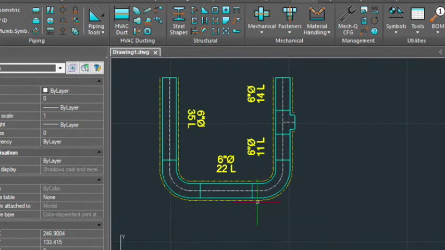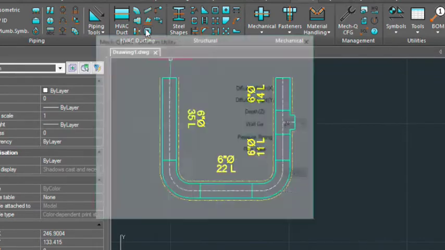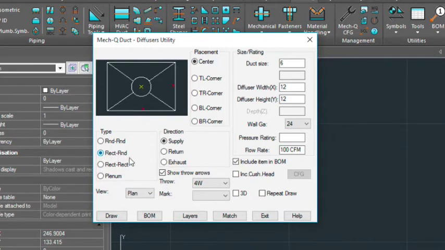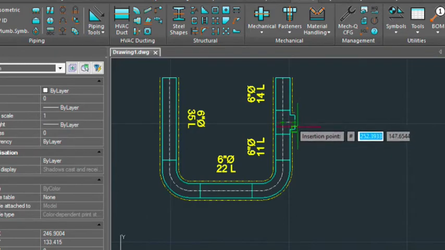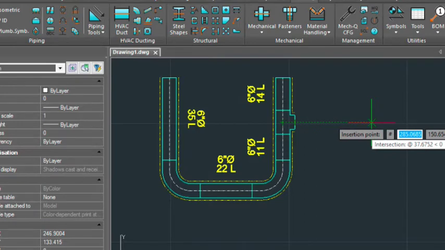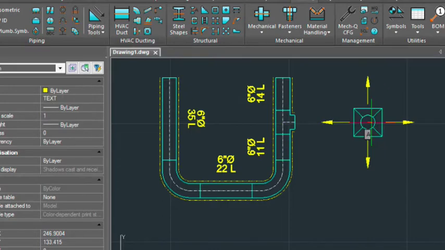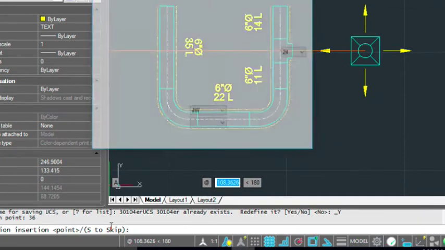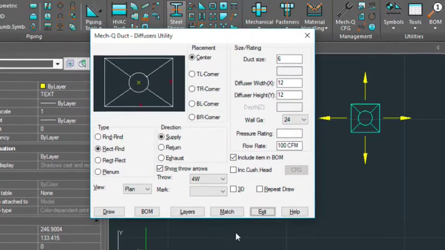Let's go ahead and do a diffuser, selecting this option. We've got the rectangular to round selected here. We're going to project a point out here, 3 feet away. And then we can come back and, well, it's wanting us to put an annotation down, so I'm just going to press S for skip. And I'm going to exit this,